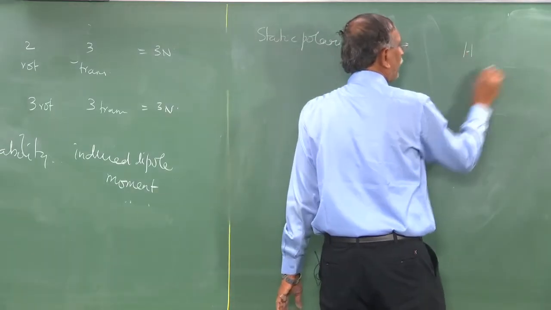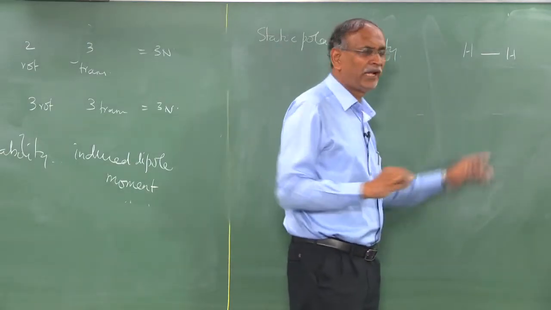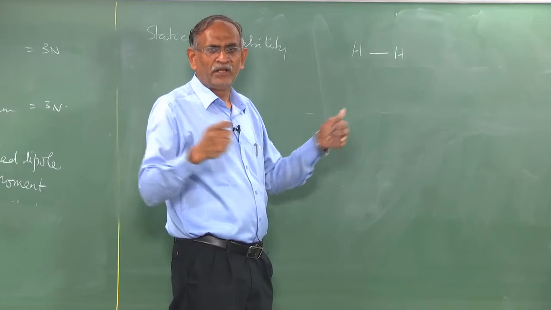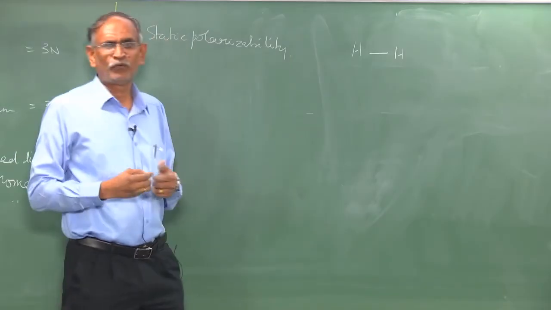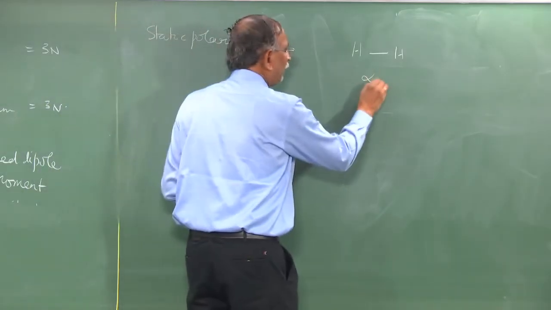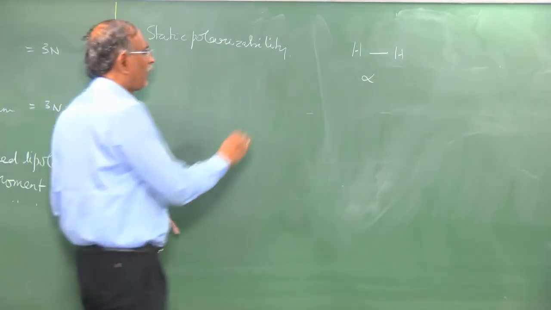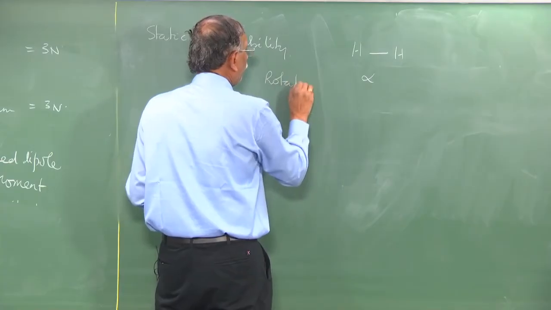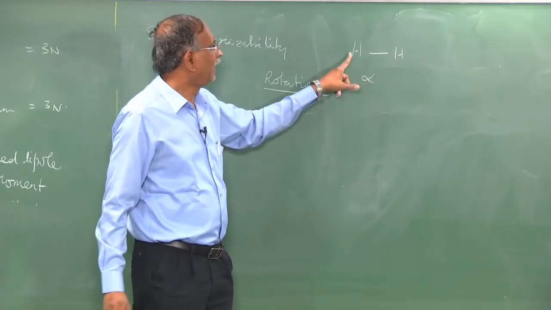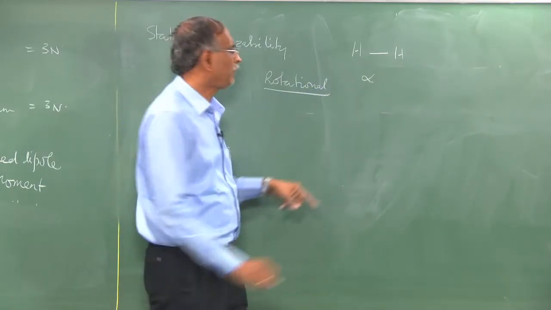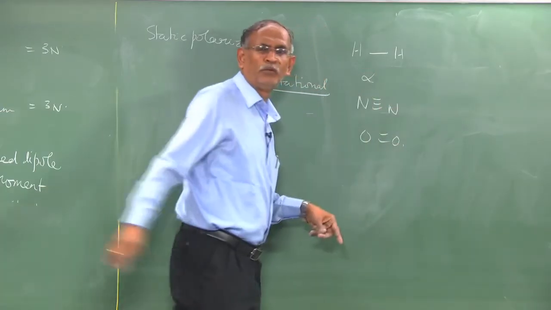Therefore, when hydrogen, for example, undergoes rotation in the presence of an external electric field, the stretching, the separation of the hydrogen atoms leads to what is called the polarization of the two hydrogen atoms about the electric field. It introduces an alpha, and this alpha is static, and this static polarizability is responsible for the rotational Raman lines. Therefore, the presence of non-zero alpha means that even homonuclear diatomic molecules, N triple bond N, oxygen, all homonuclear diatomic